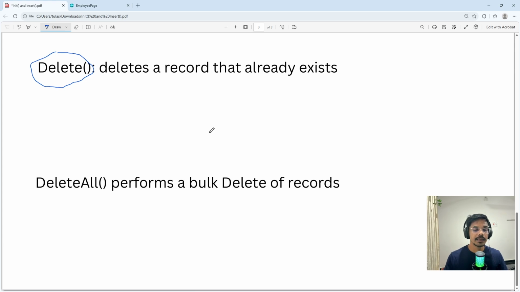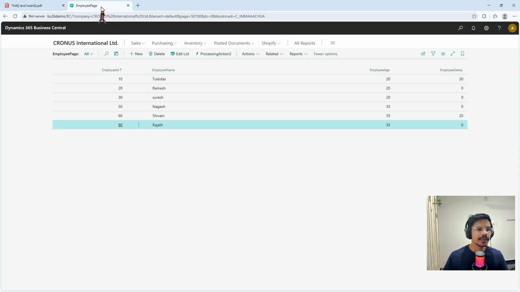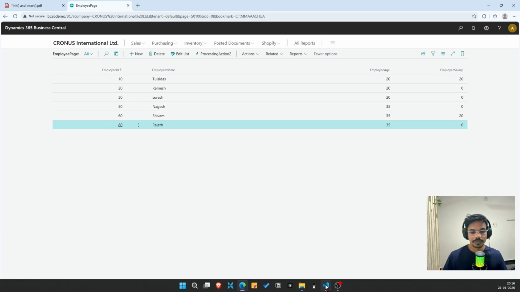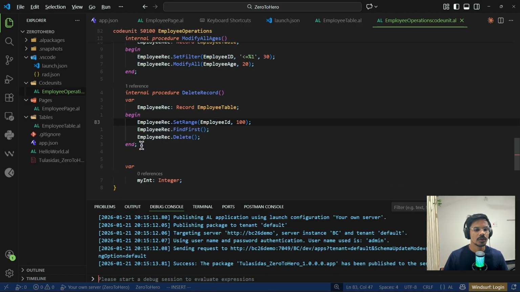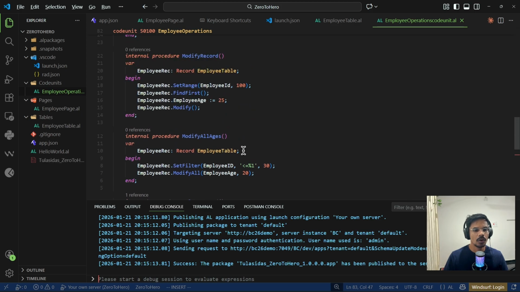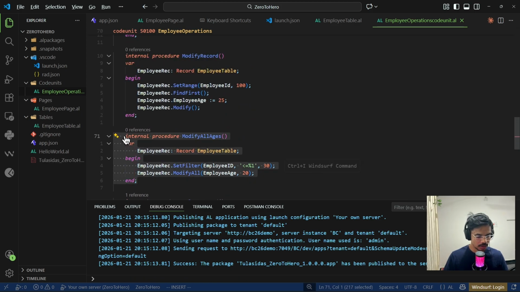But if you wanted to delete bulk records like we did with modify all, but now we wanted to delete records in bulk. Again, let me go to employee page, and now let us actually delete all these records where the employee ID is lesser than or equal to 30. Or let us do differently now. Let me actually delete all the records inside employee table where the employee ID is greater than or equal to 50. So let me go in Visual Studio Code, and let me actually copy this modify all, this particular procedure,